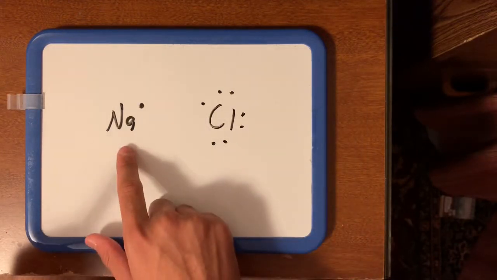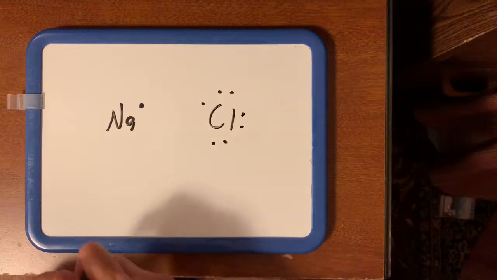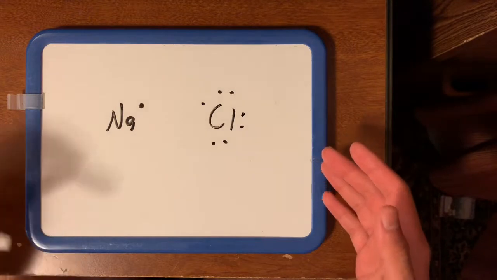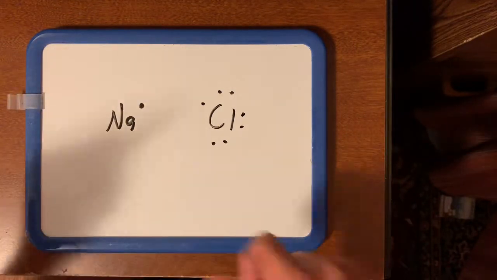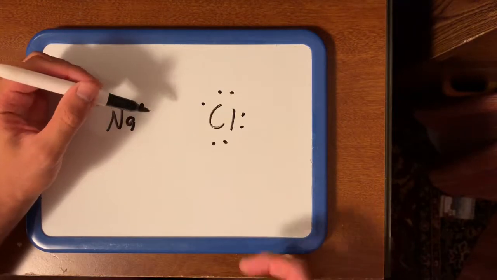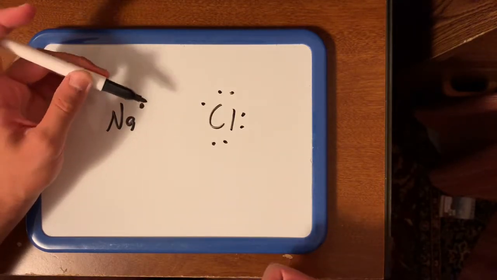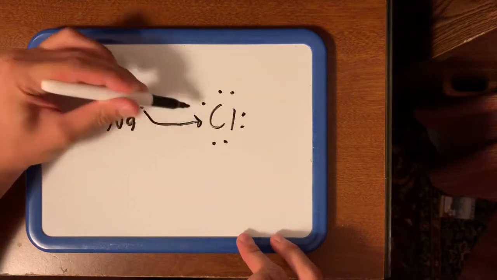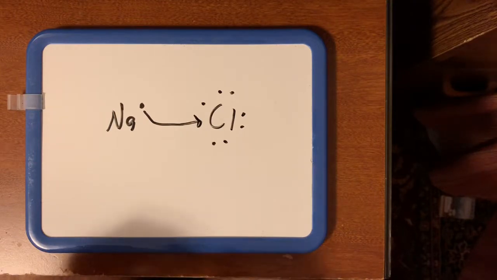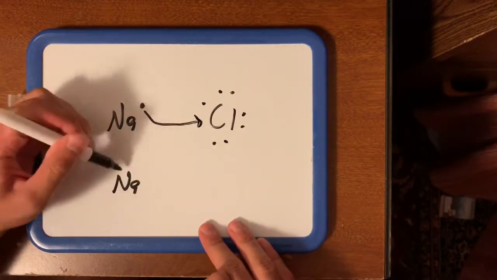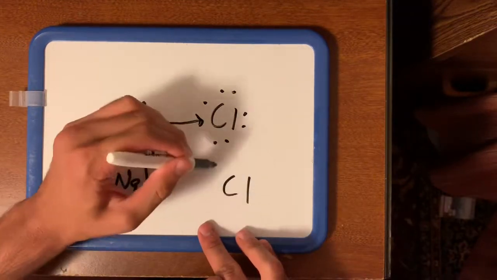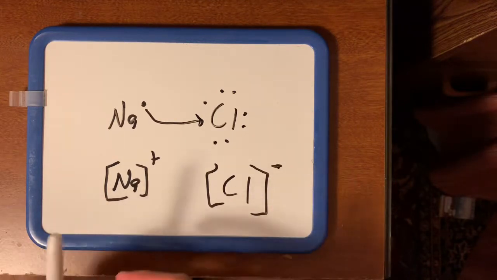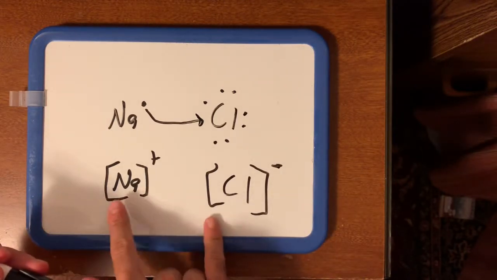And in order for sodium to basically go down an energy level, where it already has a filled energy level, it needs to get rid of this 1 electron. So it sees chlorine and it's like, you're gonna have some of my electrons. Chlorine's like, yeah, let's go. So sodium transfers its electron over to chlorine. After that, sodium becomes positively charged, chlorine becomes negatively charged. Since opposite charges attract,